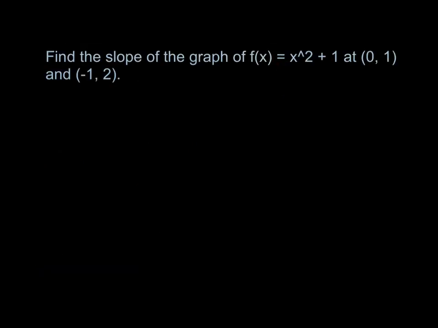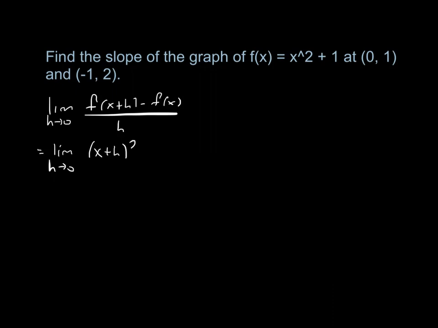Okay, so same kind of question. We're finding the slope of the graph. So we're looking for the slope of the line tangent to f at these 2 points, at 0, 1, and at negative 1, 2. Now this is a quadratic function, so the slope will not be constant like we saw in the previous problem with a linear function. So we go about this the same exact way. So we have the limit as h approaches 0, f of x plus h, looks like that, minus the function